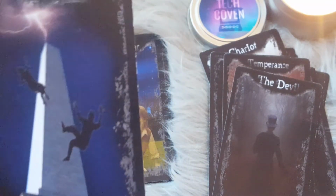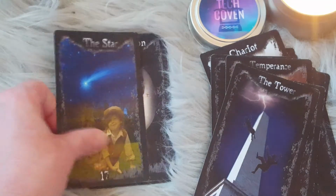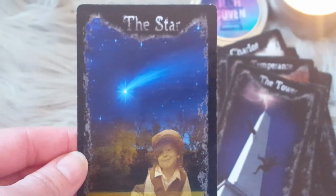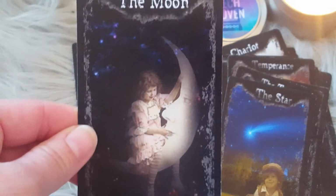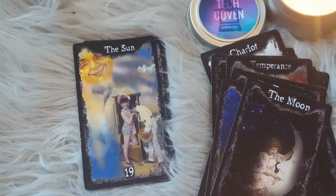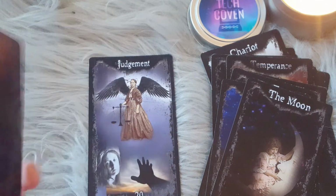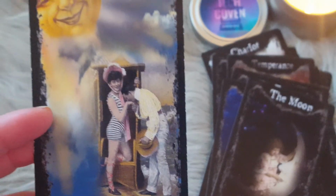For some reason, this tower reminds me of the University of Texas at Austin. The Star. It's so pretty in the color. And this whimsical Moon. Now, the borders, I am not someone who's picky about borders. I don't mind the borders. I know some people probably would mind, and it would be a little bit awkward to trim these. I would never trim this deck, but...